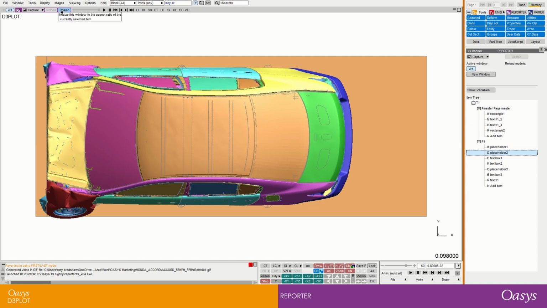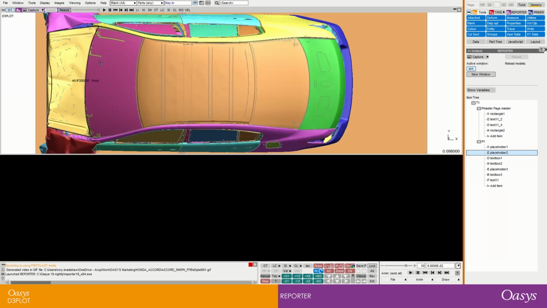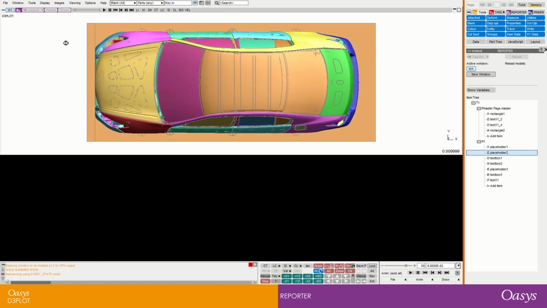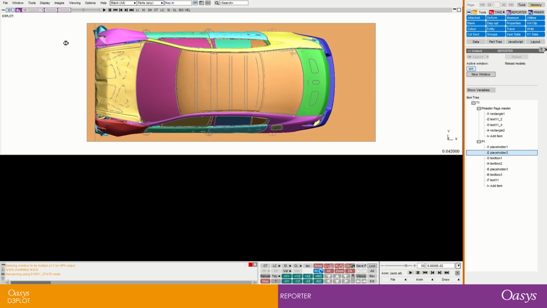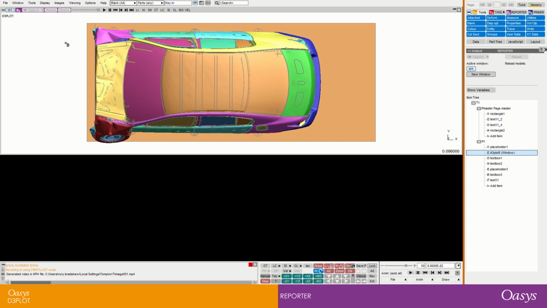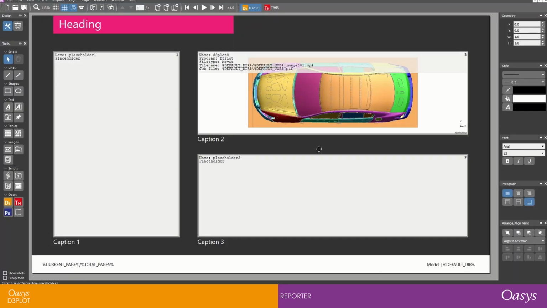So before I do that, I'm going to resize, and that's going to grab the size from the Reporter session so that it will fill the whole item. I'll then press A to auto center the animation, and now I'm ready to capture. So I'm just going to capture a movie to start with. And going back to Reporter, we can see that we have the animation displayed,